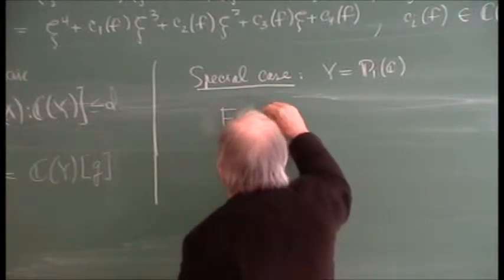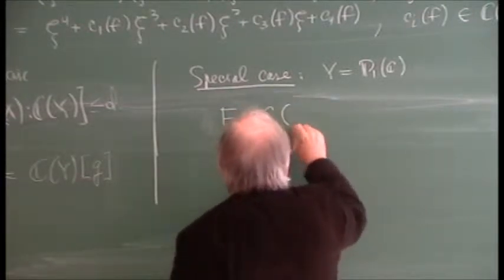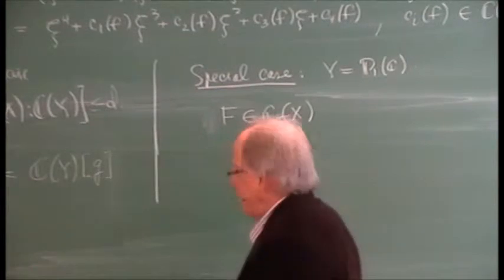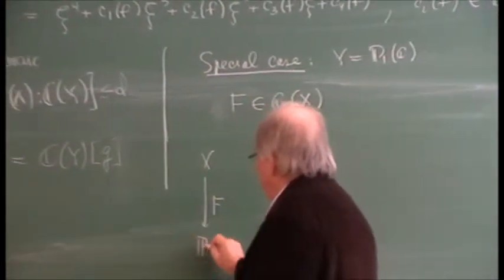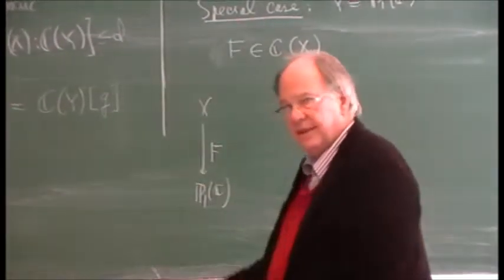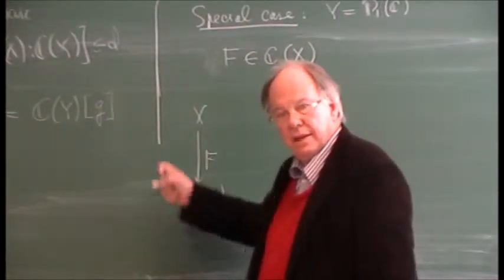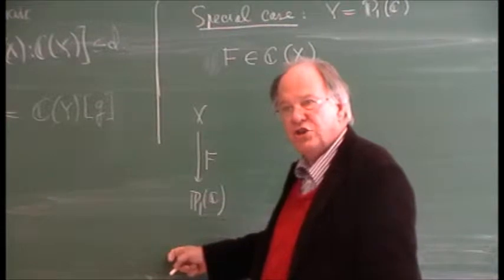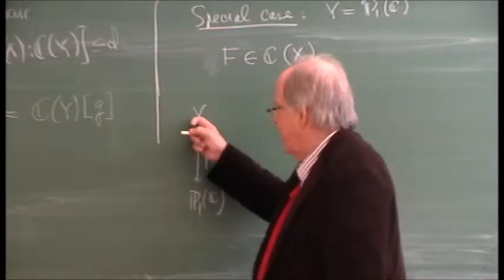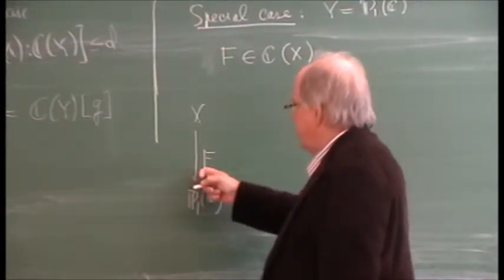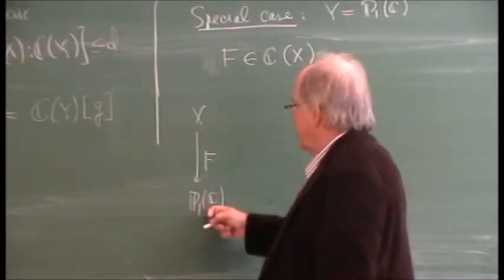F is just a meromorphic function on X. Do you understand? You see, if you have X and this map F to P1, I said to you yesterday, it is a fundamental thing that you regard a function as a ramified cover. Okay? So now I'm just talking about this as just a function, and I'm discussing this as a ramified cover